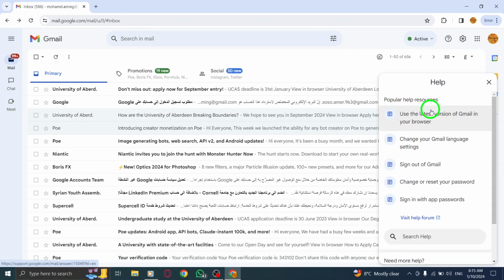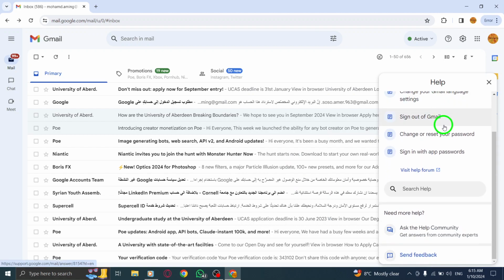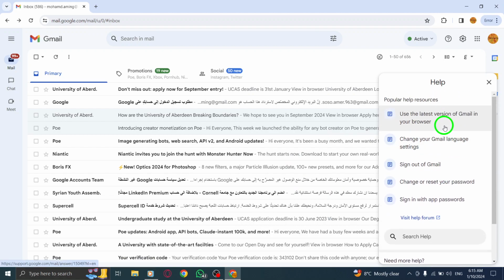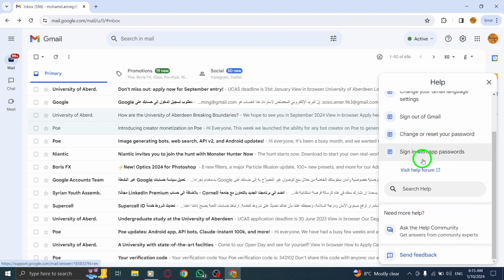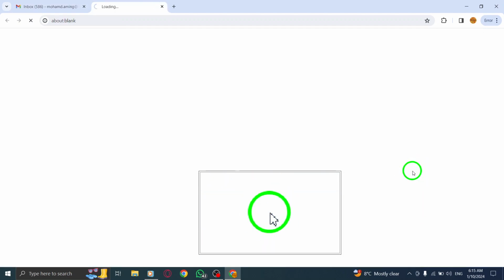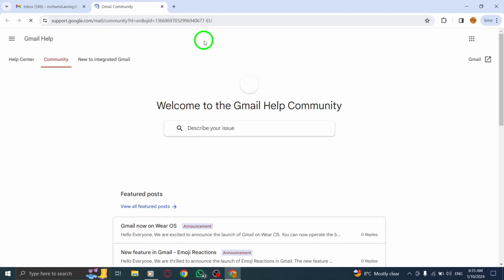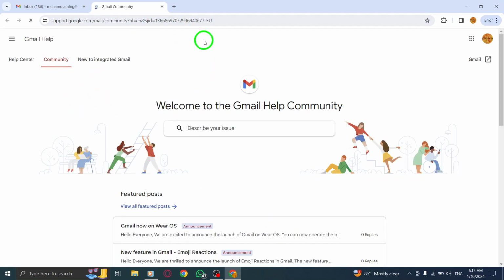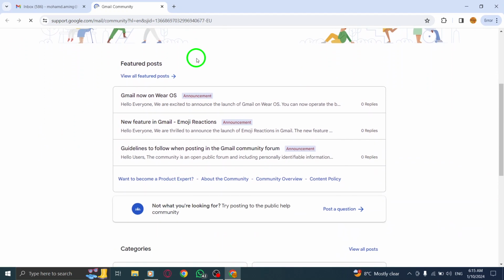Step 4. On the new page, you'll see a button labeled Visit Help Forum. Click on it to access the Gmail Help Forum, where you can ask questions, find solutions, and engage with the Gmail community. By following these 4 steps, you can easily open Gmail Help on your PC and find the